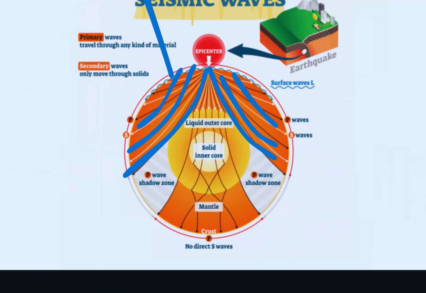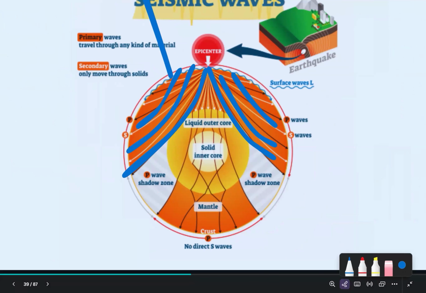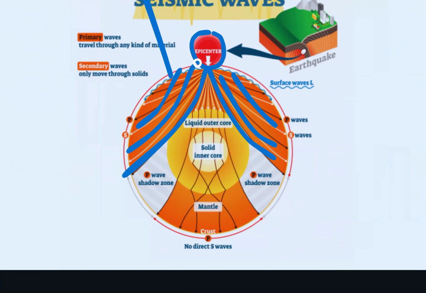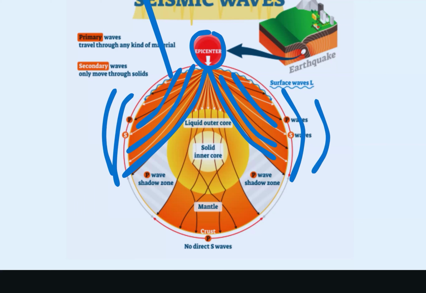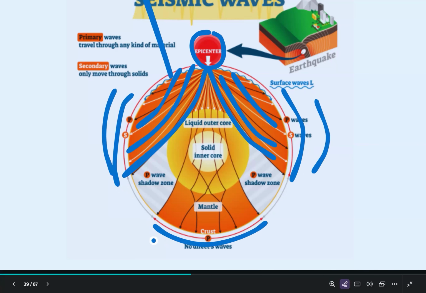The P waves, however, can go through the liquid. Now, what that means is when you have an earthquake, all the P waves come out around this region here. And in this region here, you won't get any P waves, just S waves, because the S waves go through